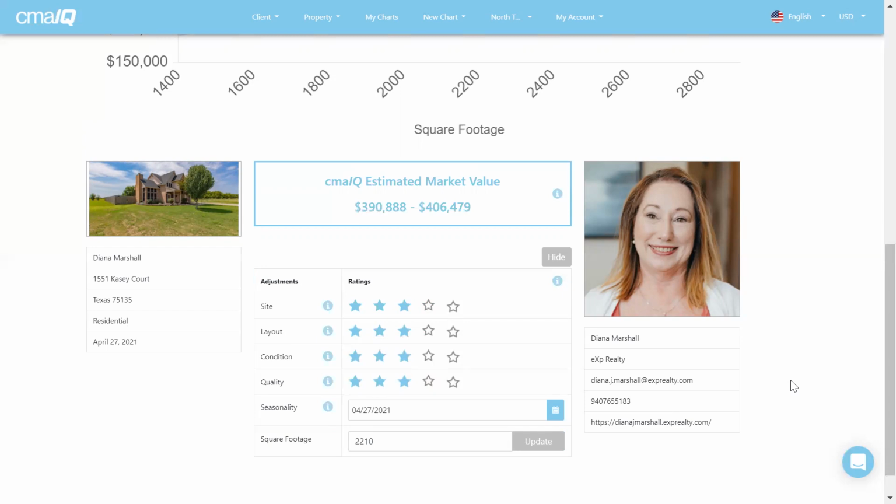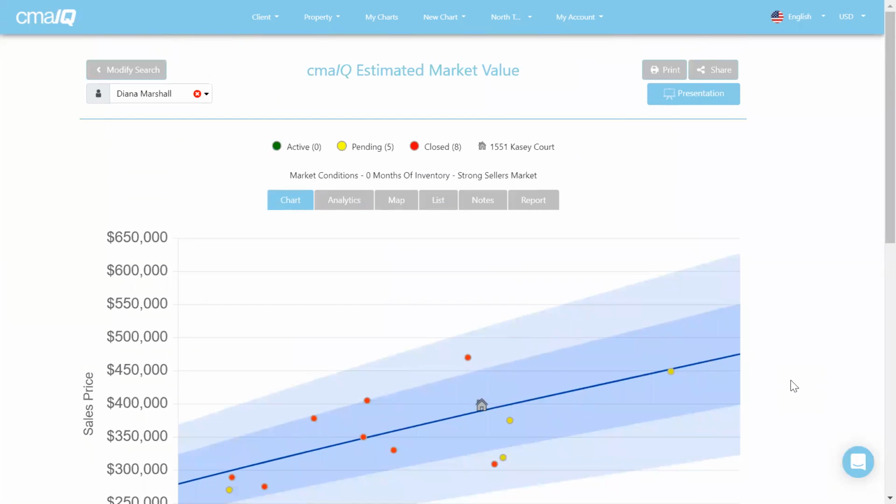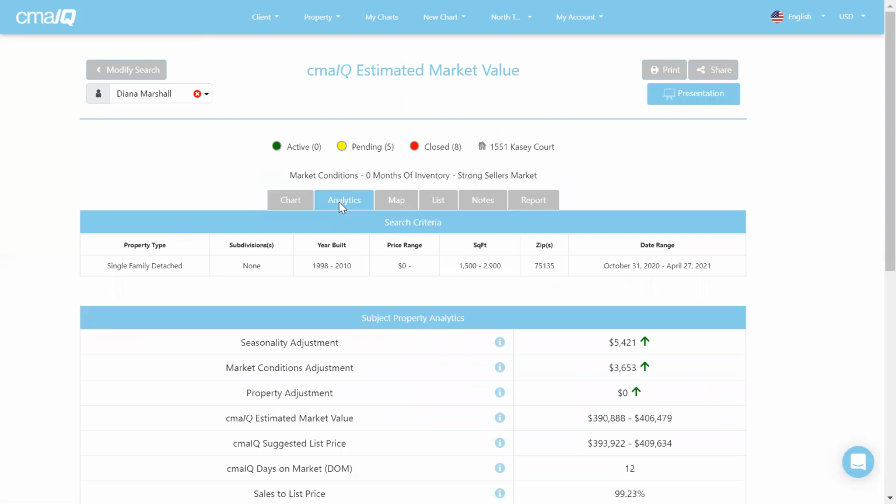What's happening right now matters because we're trying to figure out what appraisers are going to be looking for. These are the comps that an appraiser is going to be looking for. You can use this report to also put in your appraiser packet when the appraiser goes out there for the appraisal appointment. So this is the bottom of this page. Go back up to the top where it has the different tabs. On the second tab, it says analytics. This just shows you how the data is figured,